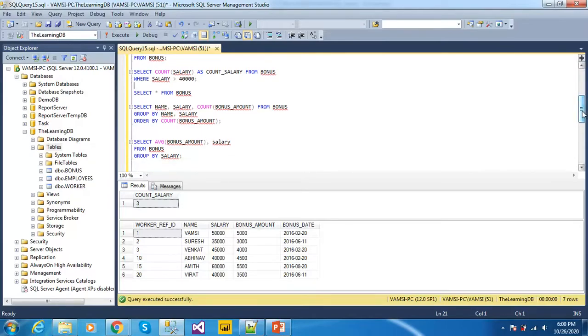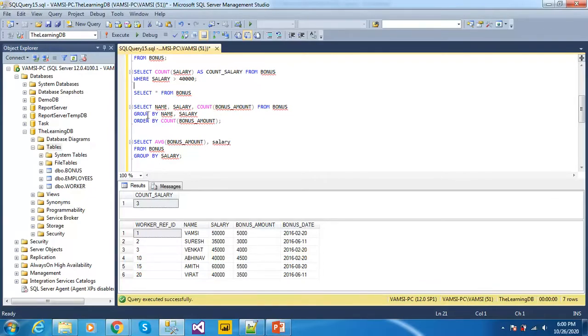Now let us see how we can do it with GROUP BY and ORDER BY with aggregate functions. I have a query. I have selected the columns name, comma salary, and the count of the column bonus amount from the table bonus. And here I have given the GROUP BY statement.